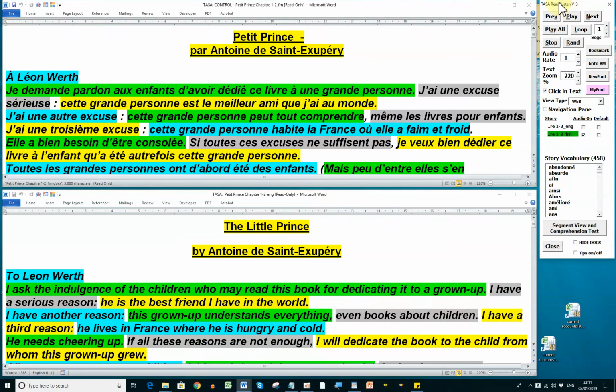The read listen panel is as before. Up here all the buttons are as per the introductory video. A new feature is story vocabulary. When Tasa opens the control document at the top, it composes a list of all the different words that are used, words of 2 letters or more, and puts them in alphabetical order down here so that you can see